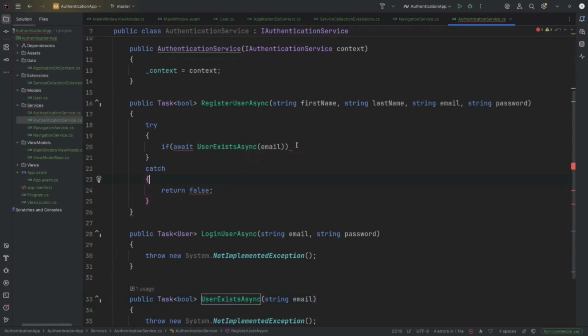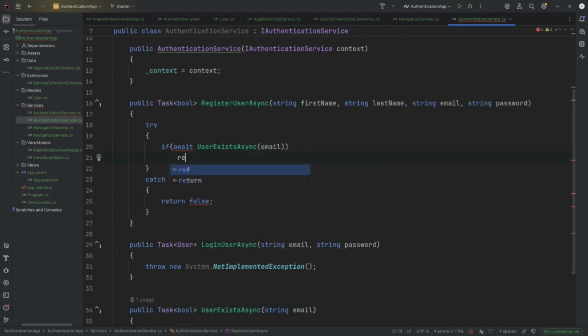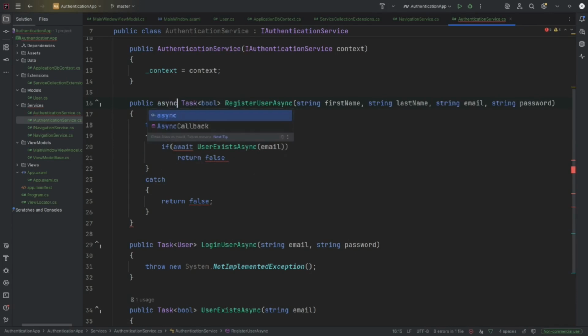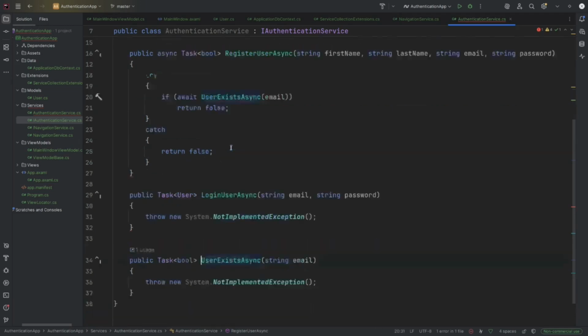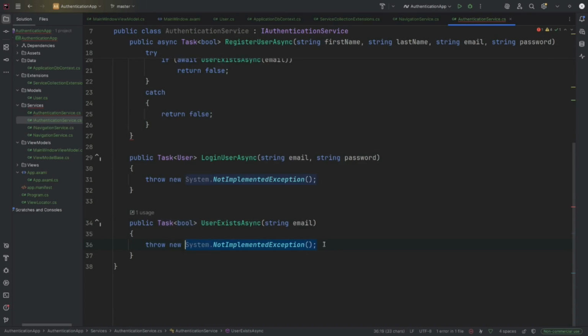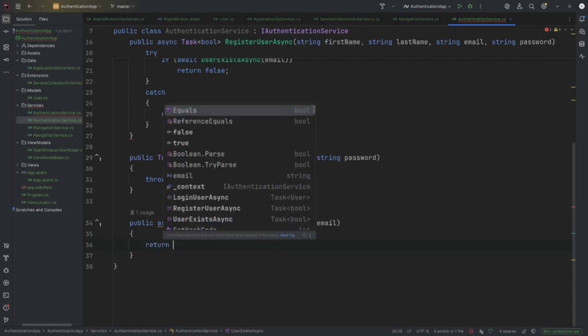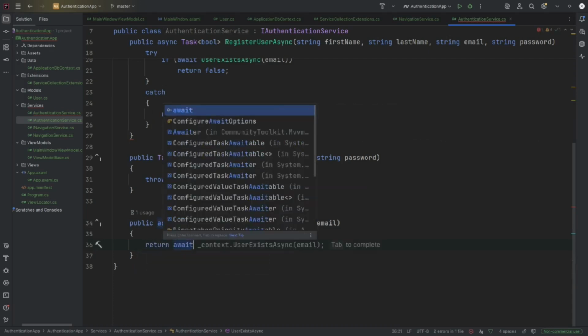Okay. And we're going to return false. And here, let's add async. Let's implement it right now. Okay, we're going to finish. Let's add async. So return and await